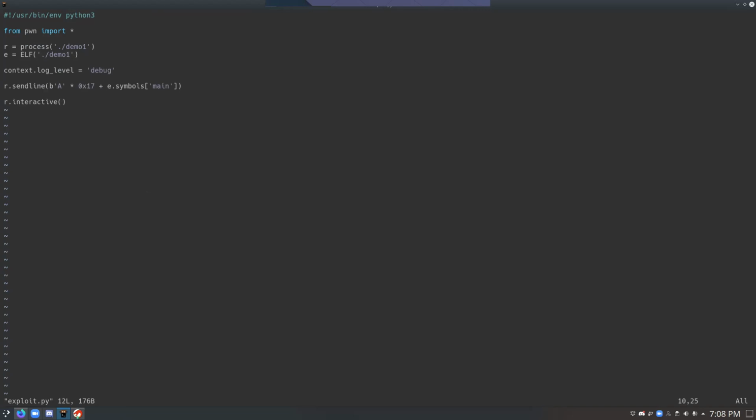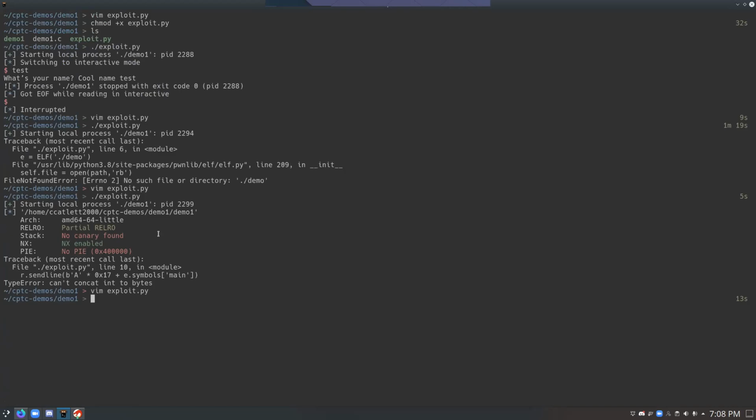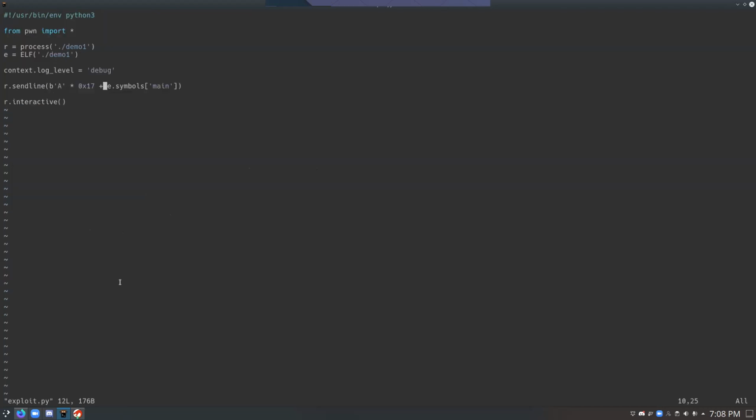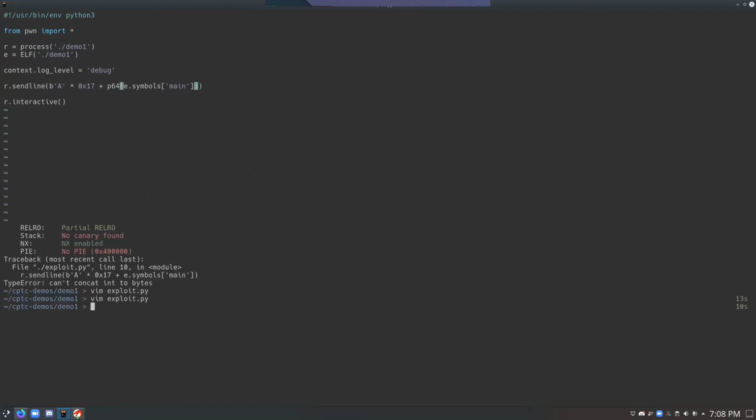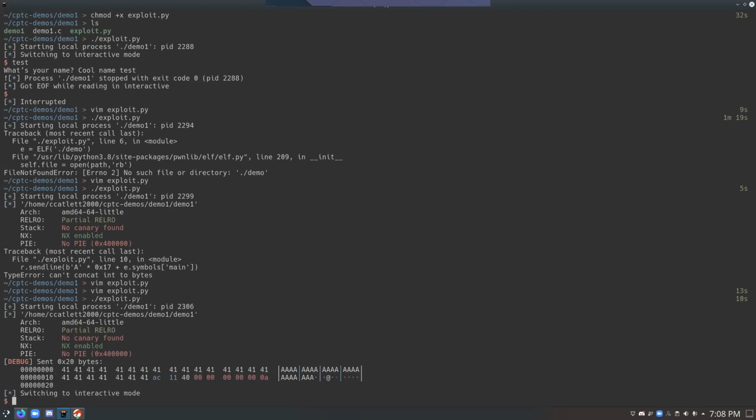If you remember before, like I said, you can't just send a number to the program. You have to use the in-memory representation. What I forgot to do here is that I tried to add this integer, which is what it actually returns, just the integer of where it is in memory, to this byte string right here. Obviously that's not going to work. I need it to be in the in-memory bytes format. So if I use p64, I can pack it like I mentioned earlier, which will convert it to the in-memory bytes format. Now if I run the exploit,